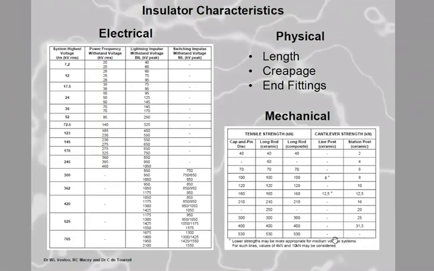Now you need to go and take a look at the electrical side. And so you're going to have to now look physically at the length and the creepage and the end fittings and so on. So you will go and select your values for the different system voltages here. You will have your power frequency, your lightning, and your impulse. You see the impulse is only here. They've got it here from 300, okay? And on your mechanical side, you will see your tensile strength, your cantilever strengths, and this is for your fittings and so on. I'm not going to go into this too much because I've got a lot to get through